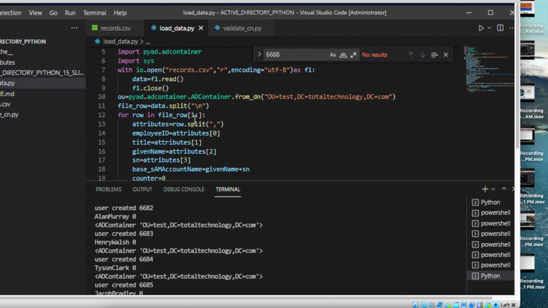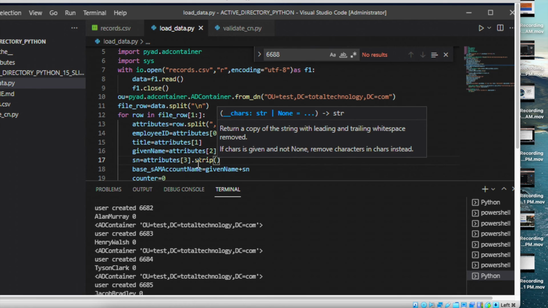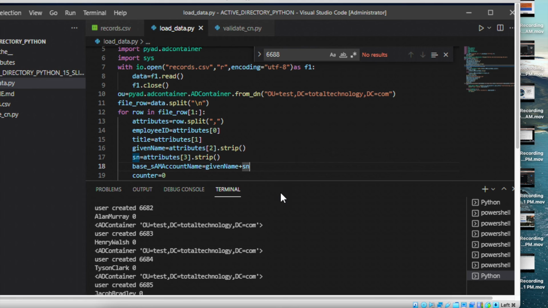Okay, so it should be dot strip, and here also dot strip. Okay, now this should work. Okay,